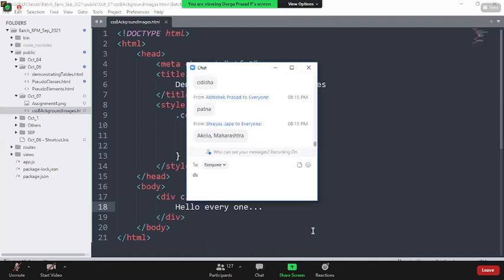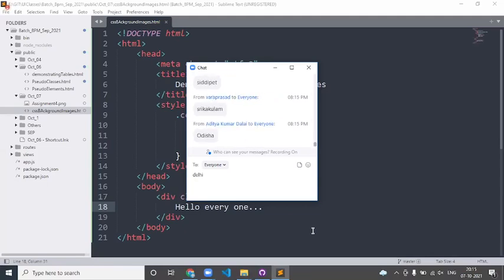Karnataka, Maharashtra, UP, Odisha, Patan, Bangalore, Kurnool, Delhi, Ongole, AP, Anantapur, Kanpur, Bihar, Nagpur, Vijayawada. I think a lot of people are from Maharashtra, right?